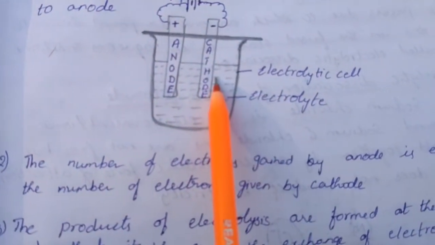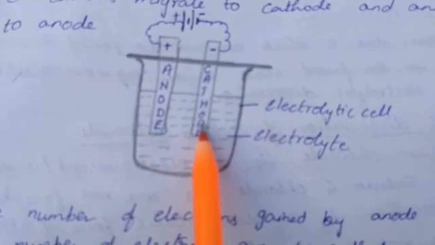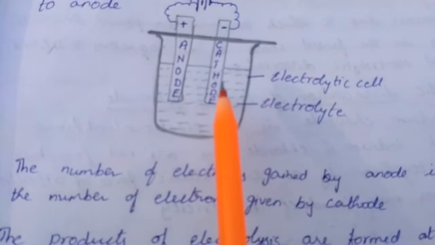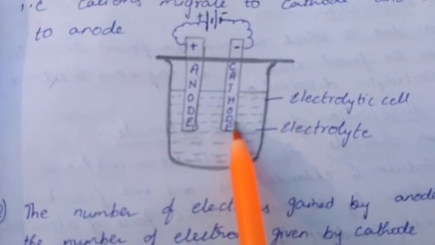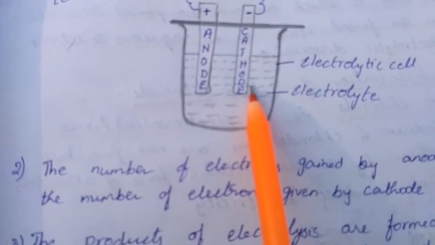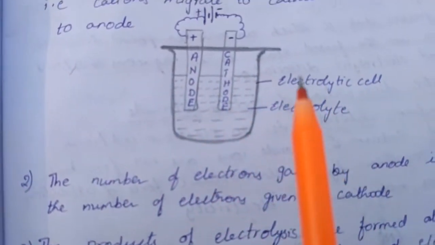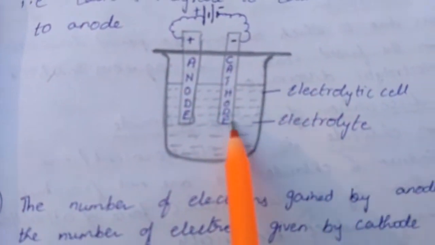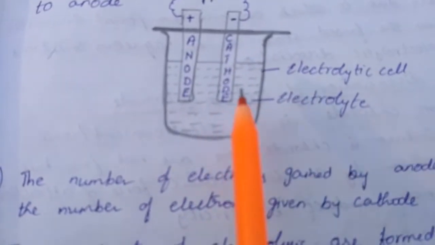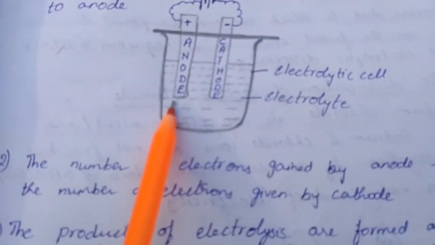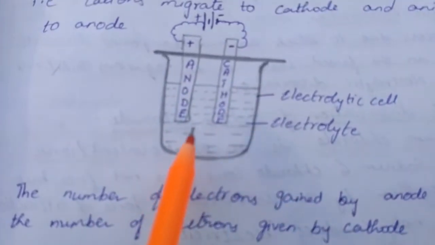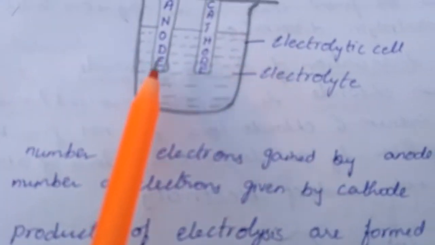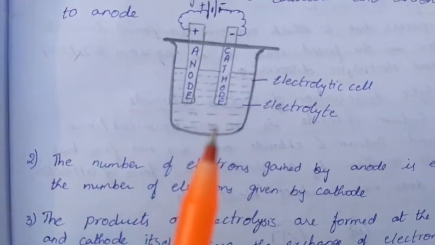That means the positive elements will be obtained at the cathode. Cations, we said, no? So the cations will be discharged at the cathode. That's why hydrogen and metals are liberated at the cathode. Hence, these elements which are obtained at the cathode are called electropositive elements. In the same way, only non-metals are liberated at the anode, and these non-metals which are liberated at the anode are called electronegative elements.